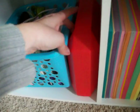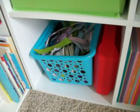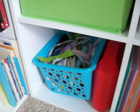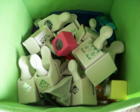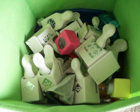And this is just a little Connects box actually, so when my window is open, my door likes to shut because the wind will come in, so I just put that in front of my door. And then in this little container I have all of my punches, border punches, corner punches, regular punches, just all that. Down here in this basket I have a ton of fibers,